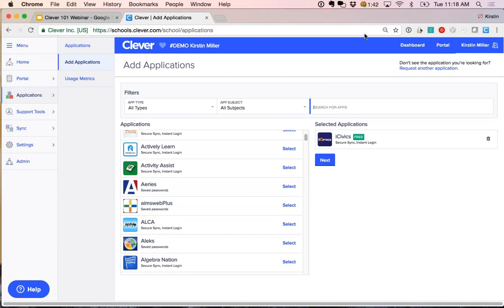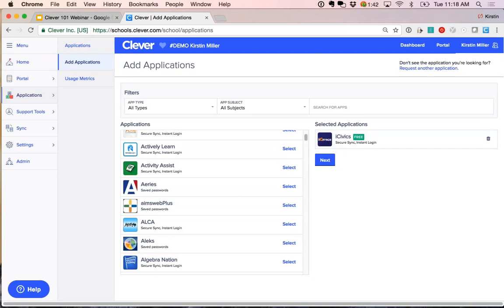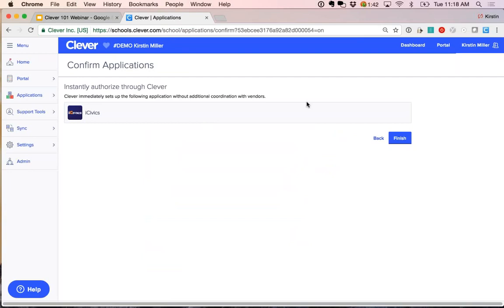Perfect. So now that we've got an application selected, I'm actually going to go through the process of completing the setup. So we've got iCivics over here on the right-hand side. If you didn't see it, I just click select. So I'm going to go ahead and click next. This is going to give me a little bit of information about the next step and how this application